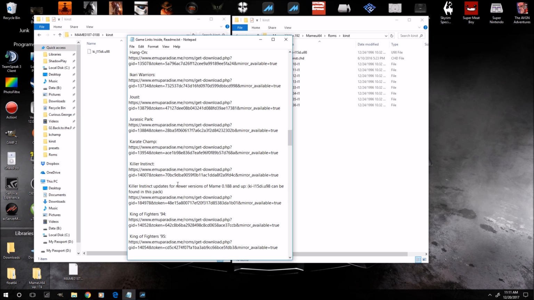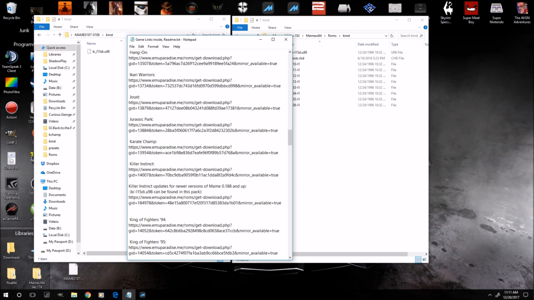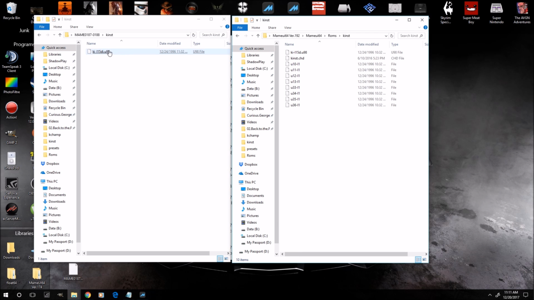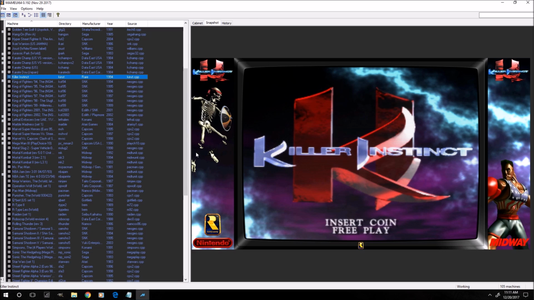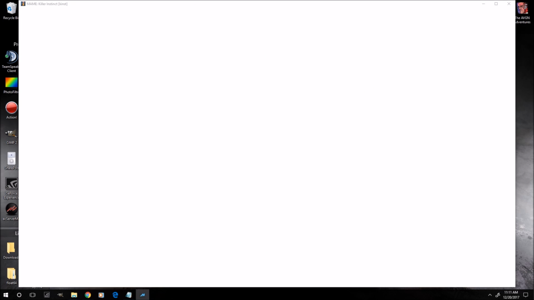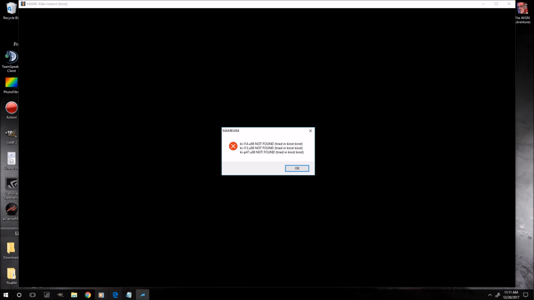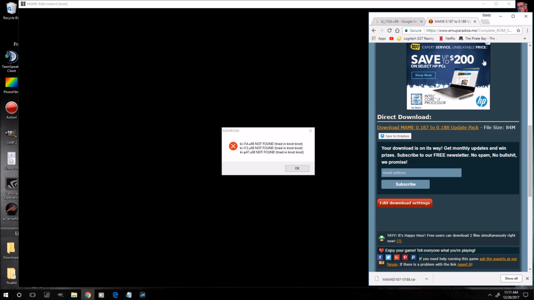Okay. And let's go ahead and give that a little more space so it's easier to read. And then we'll need some more because we're not done yet. Alright, so we need the DI. We have a D, but we need a DI. So now we have the D and the DI version. But we also needed elements from older versions of Killer Instinct. So for instance, if we try to launch again now, it has the DI, but it's still going to be missing those 3 now. So we're going to go to our internet browser again, and we are going to search for